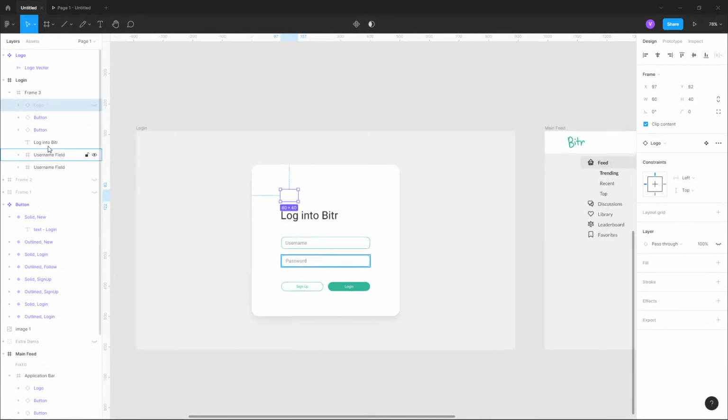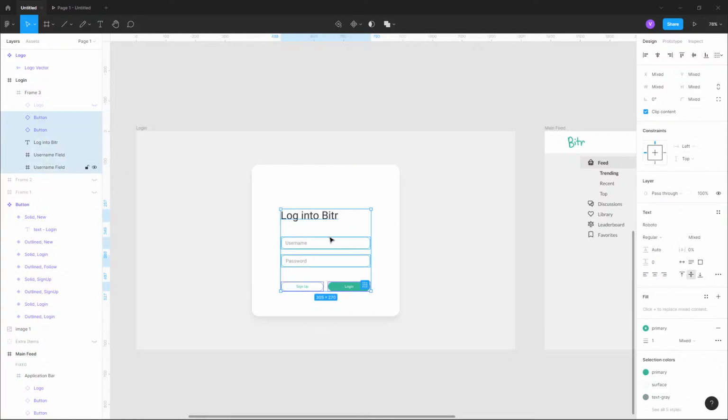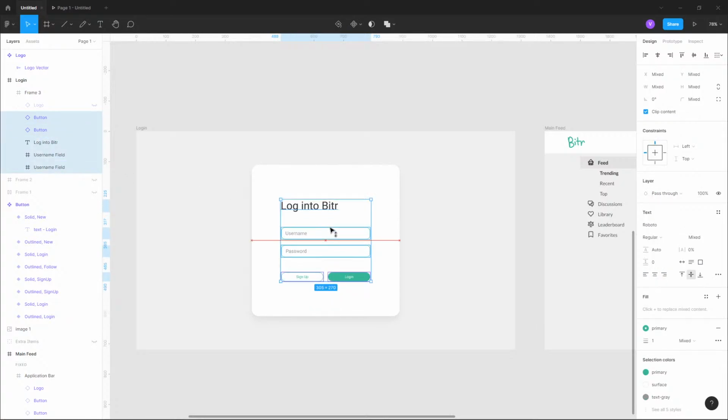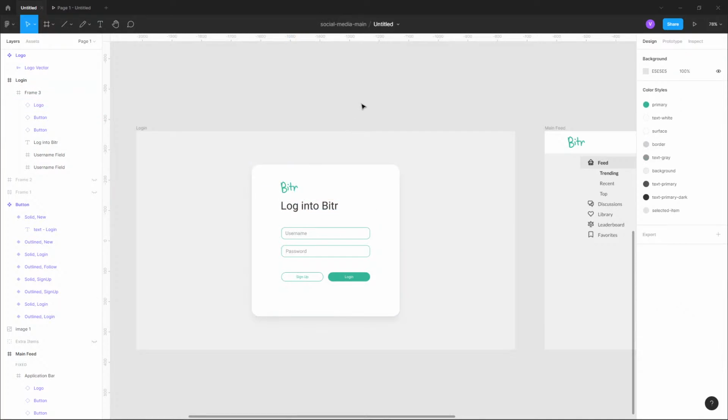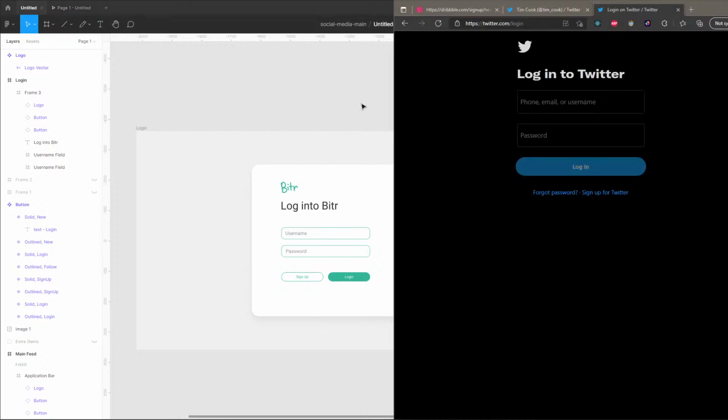Maybe let's ignore the logo real quick and then let's try to even this out. Honestly, you don't even need the logo there. We could keep it just because that's how Twitter did it. But Twitter didn't do a card, so